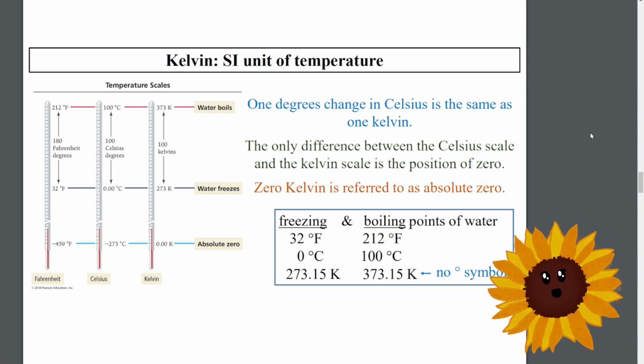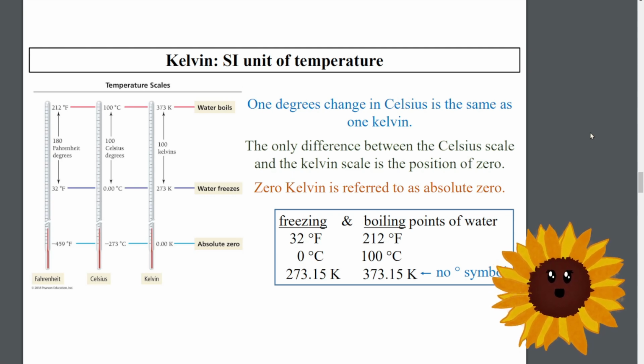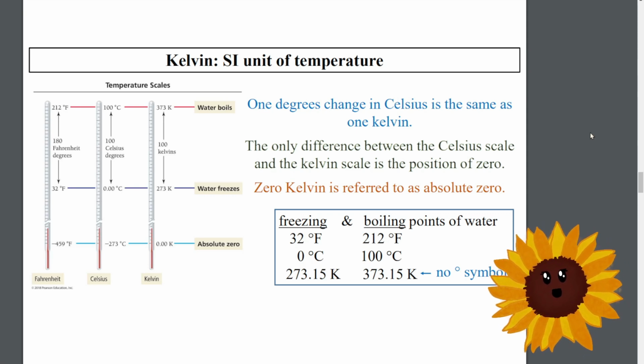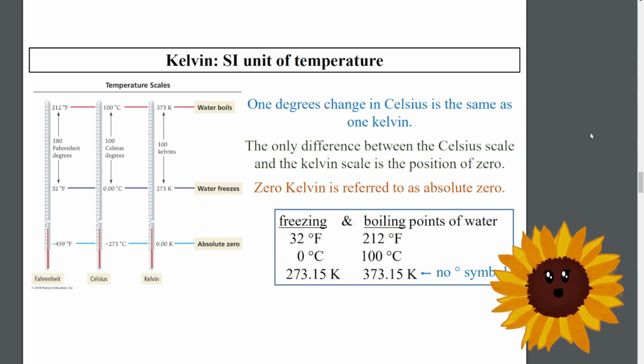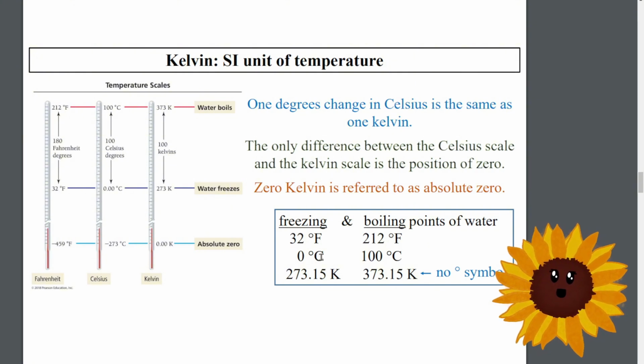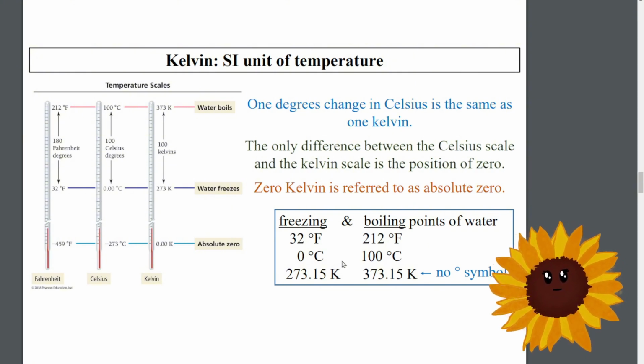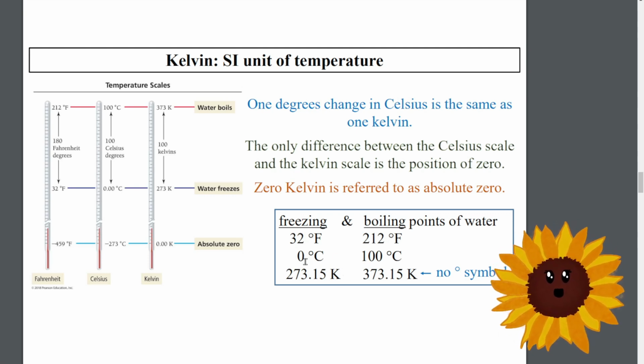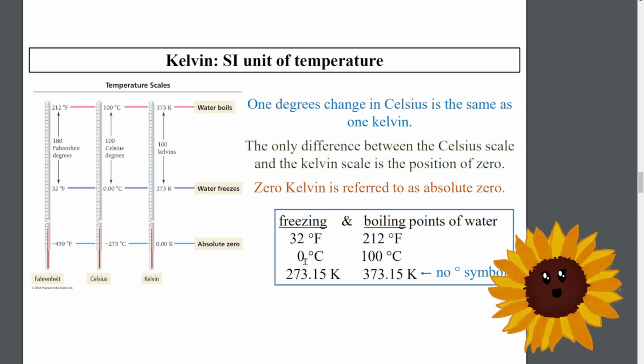One of the YouTube shorts I did goes into how to calculate between Kelvin and Celsius. That's going to be the main thing that you guys need to learn how to do. So at 0 degrees Celsius, it's 273.15 Kelvin. Normally you don't have to use the 0.15, but if you want to be exact, then you guys are going to have to use